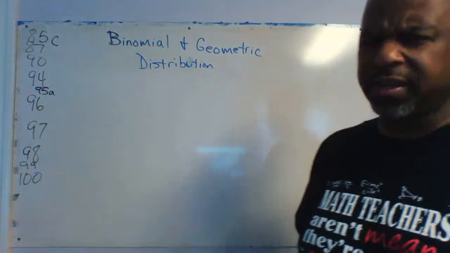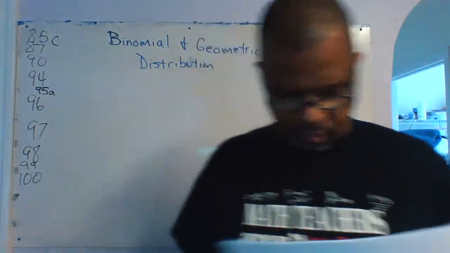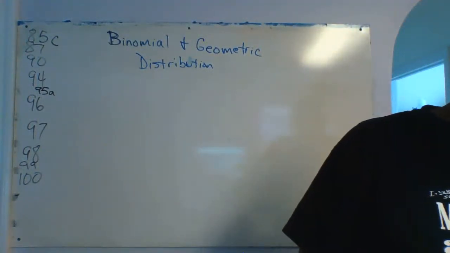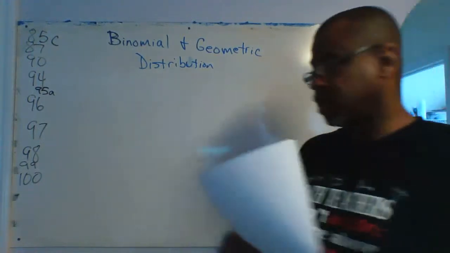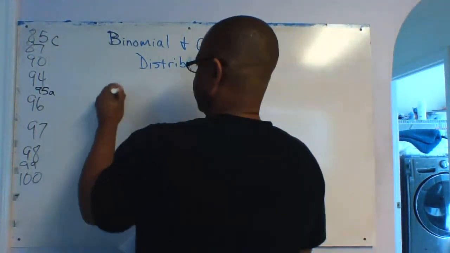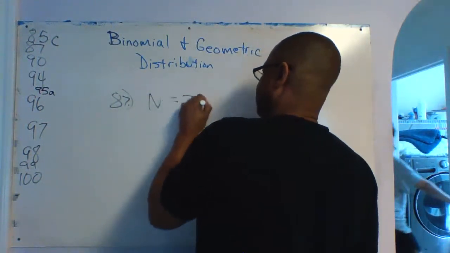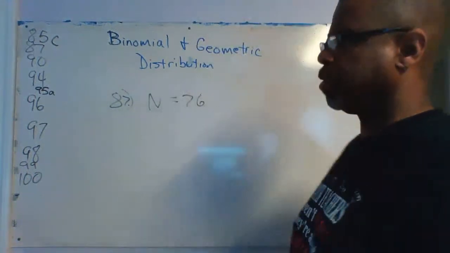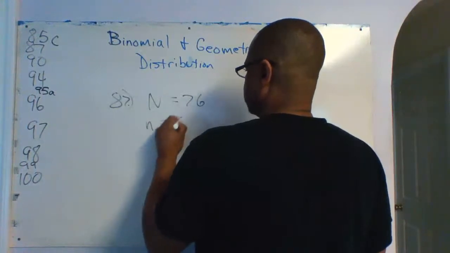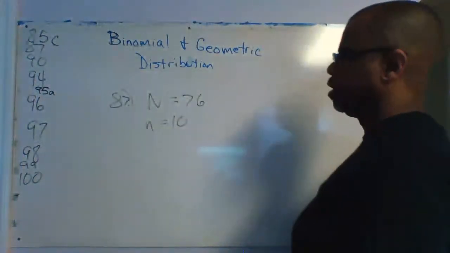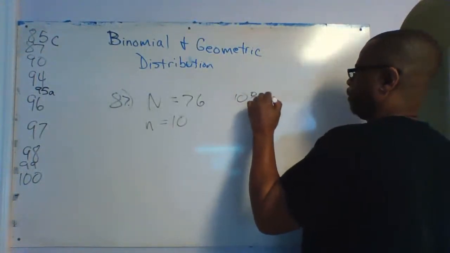All right, so let's look at 87. The independence rule is not met for 87 because the population is 76, because you have 76 people on the plane. They told you to ask for the sample, which is 10. So the 10% condition rule states that